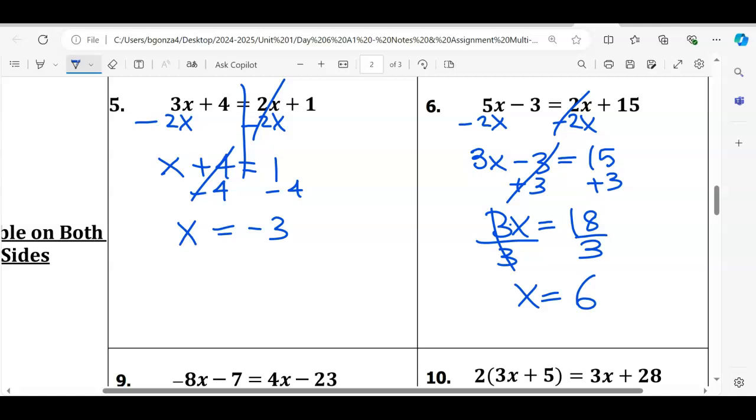Now, I would let you do the next two. By the way, the numbering is off. This is supposed to be number 7. This is supposed to be number 8. That's funny. Anyways,